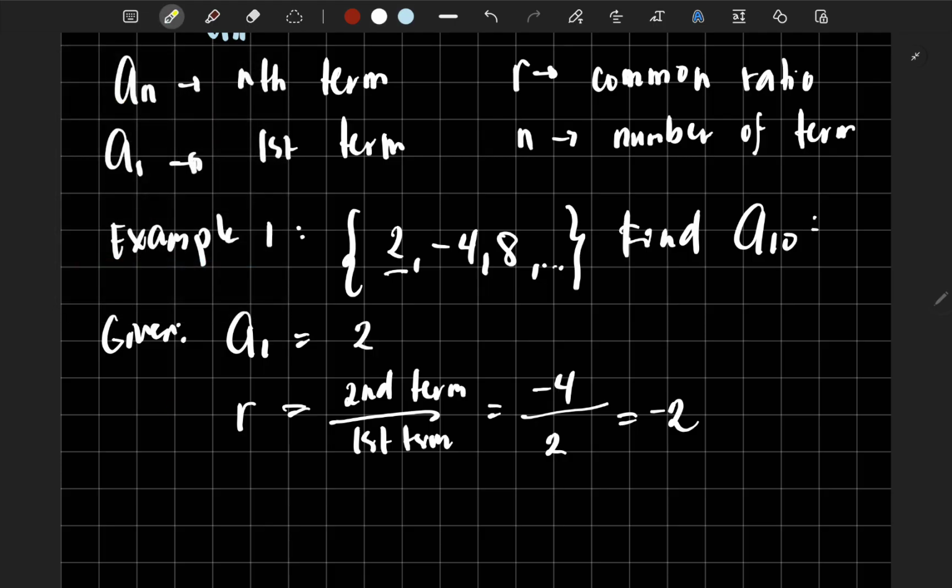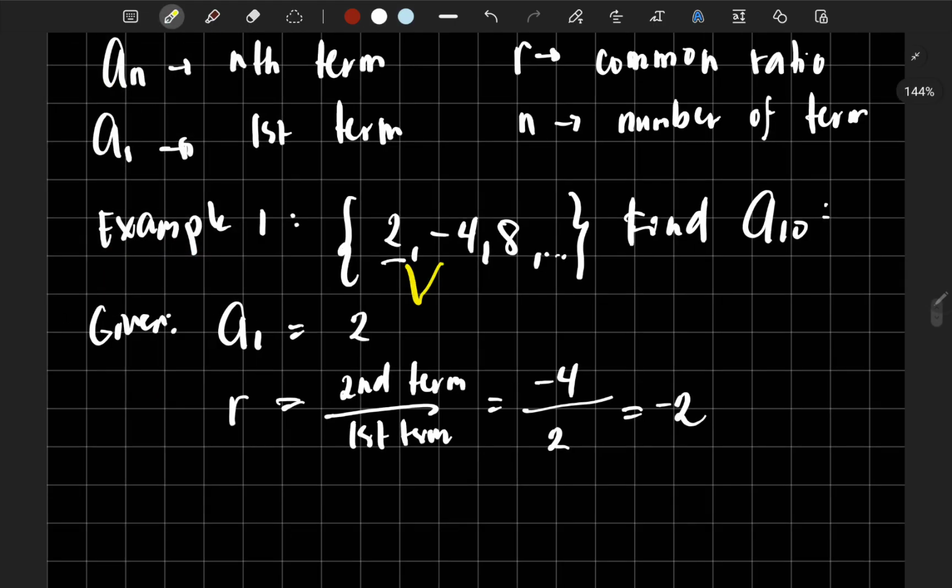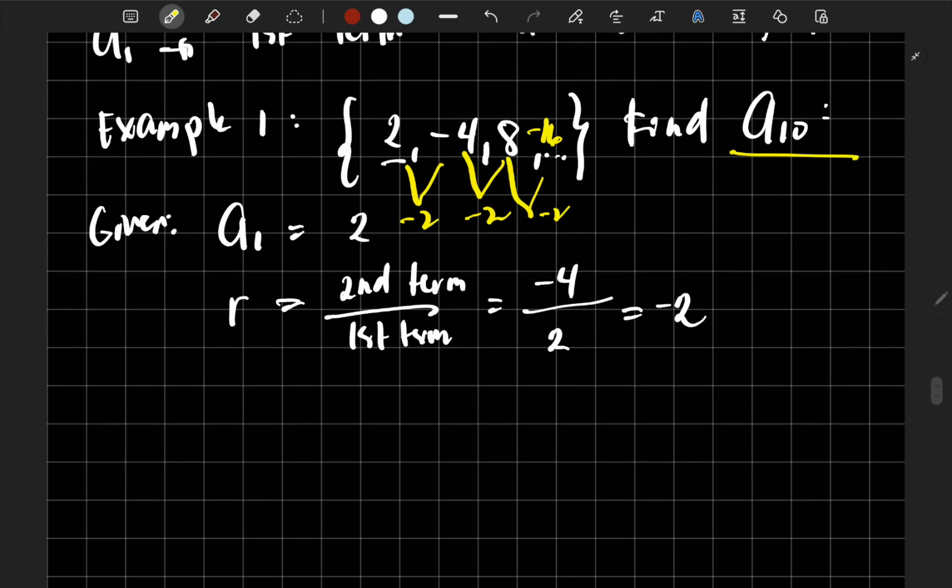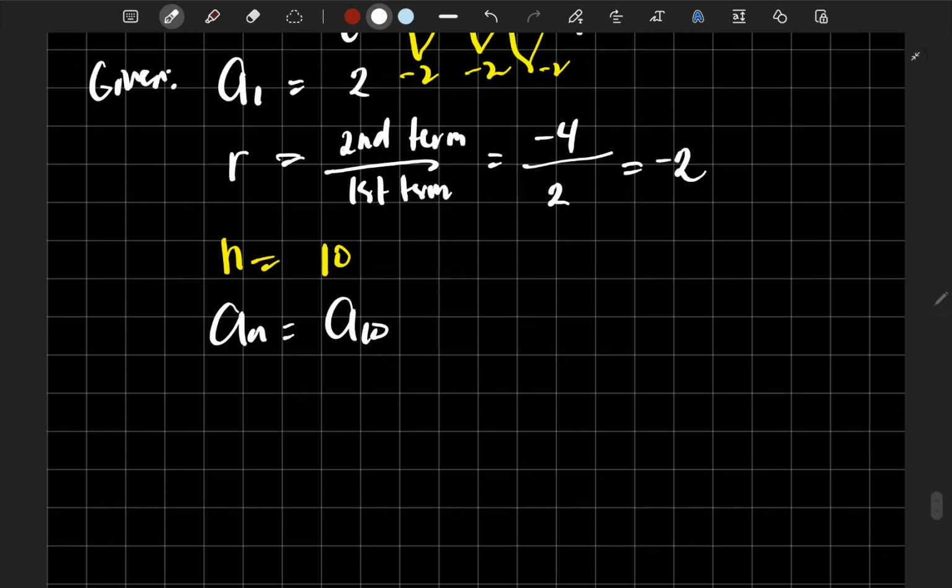So that common ratio is what we multiply on each term. Like for example, 2 times -2 is -4. -4 times -2 is 8. 8 times -2 is the next term, which is -16. But we are asked to find a sub 10. So our n here would be equal to 10, and our a sub n is equal to a sub 10. And using the formula,